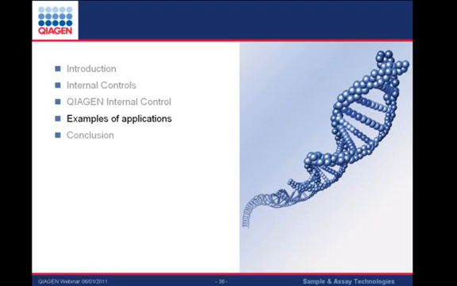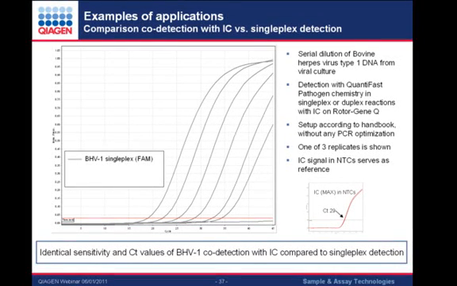Now I will show you some application examples. During the development of our internal control system, it was very important to ensure that the internal control does not impair the sensitivity for the detection of the pathogen target in any way. Therefore, during optimization, we constantly compared singleplex amplification of the pathogen with co-amplification with the internal control. The resulting final internal control system contained in the Quantifast Pathogen+IC kits has no influence on amplification of the pathogen